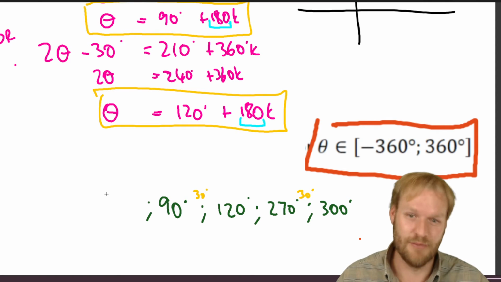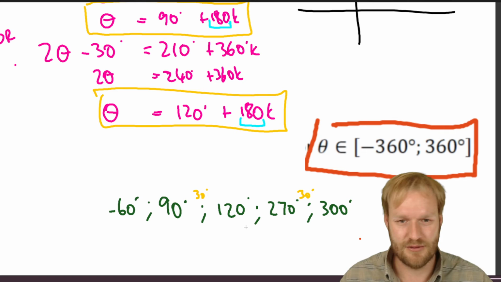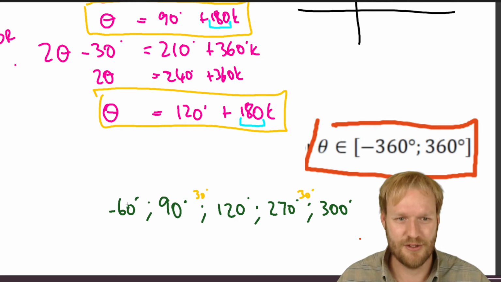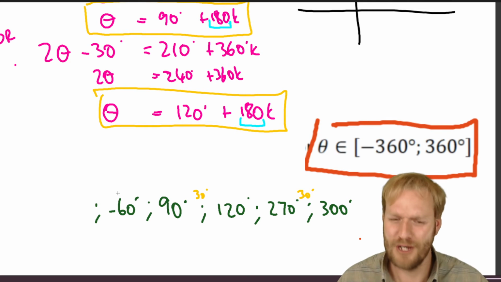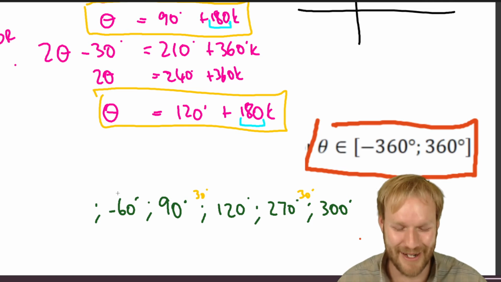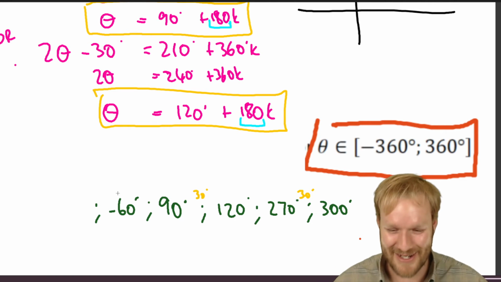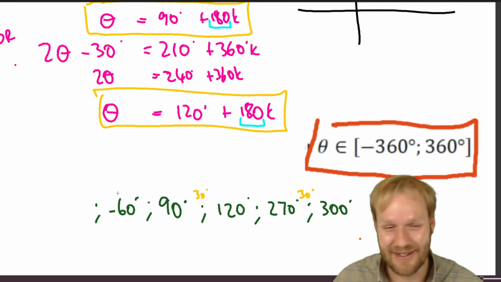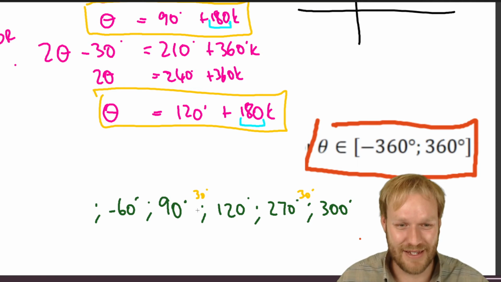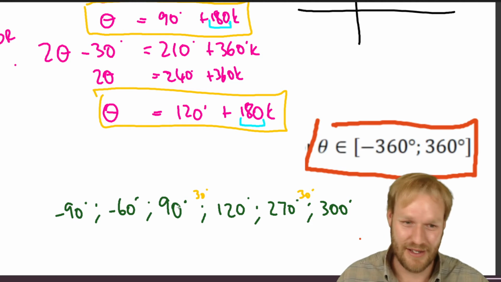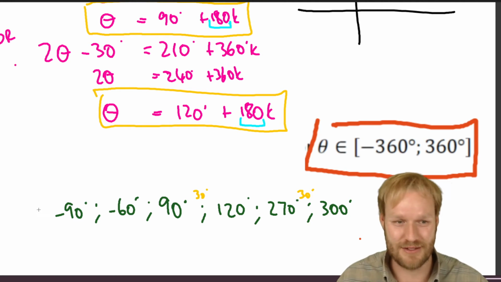So 120 minus 180 is minus 60, I think. I wish that we were doing this on the board so you could correct me. But it's so intimidating doing it here on video. I'm sure I'm making plenty of mistakes. And then we said they were 30 degrees apart, so that should be minus 90 by that logic. And 90 minus 180 is minus 90. And we can probably keep going because